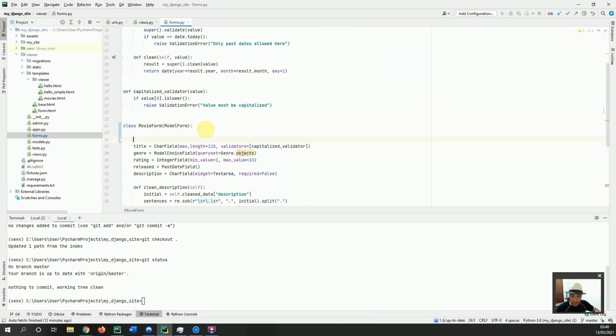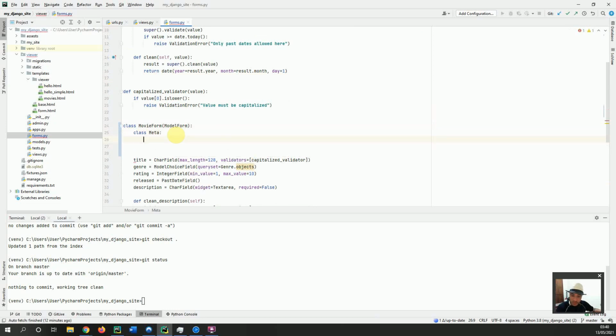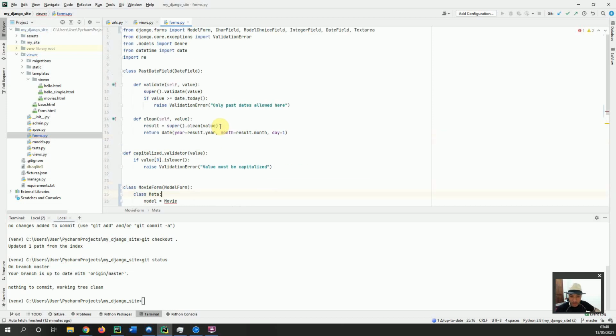model form, we will define something called class Meta, and in this class Meta we can define things like fields and like model, and also other things, but in this case we'll just define the model we are using, which is the model Movie, of course, and I need to import that one as well. So here I would say Movie. Okay, and then